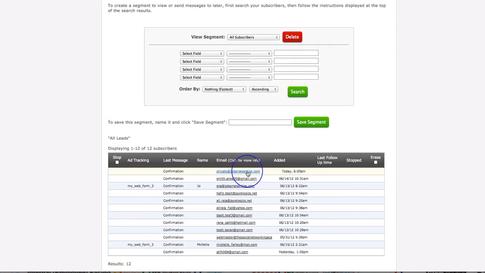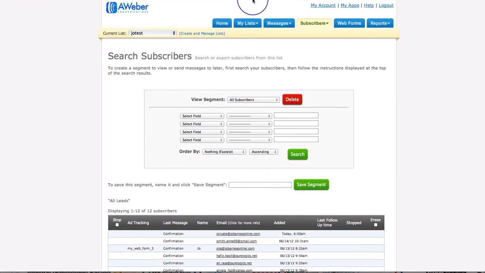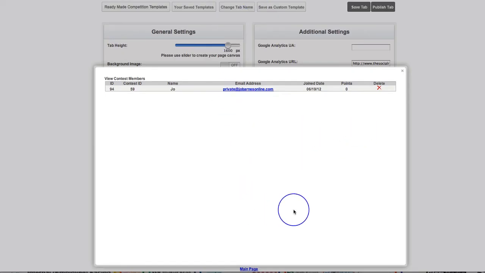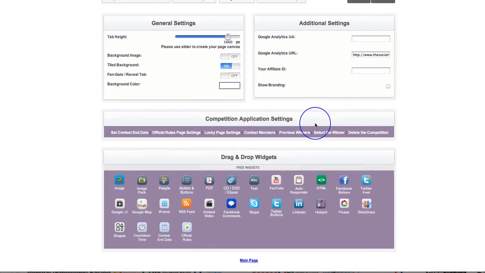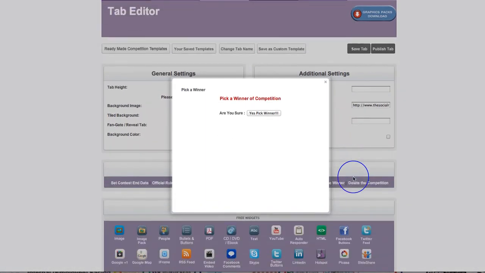Okay, so there's my email address up there as well. I've been added to Aweber. So I've been added to both my autoresponder and into the actual competition database. And then what happens is once all these addresses have been populated and everybody's entered your competition, all you do as the competition ends, and only when the competition ends, you'd click on the select the winner box